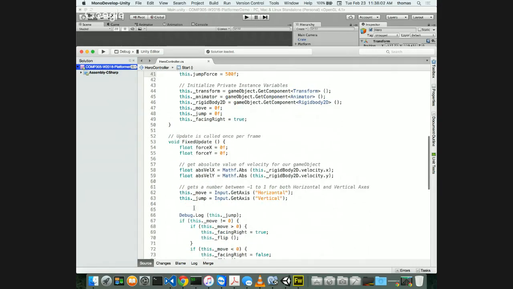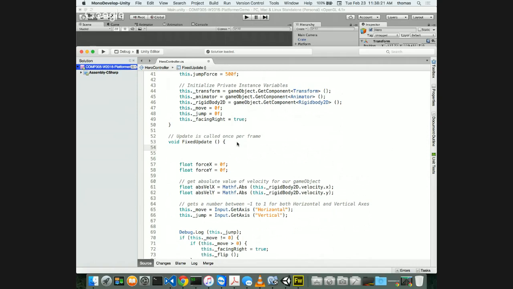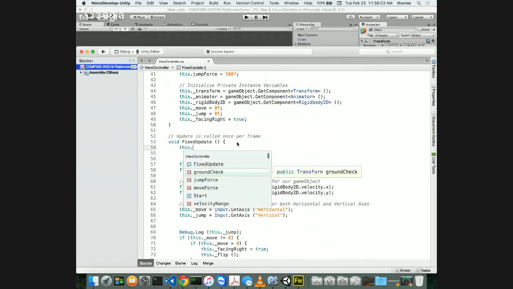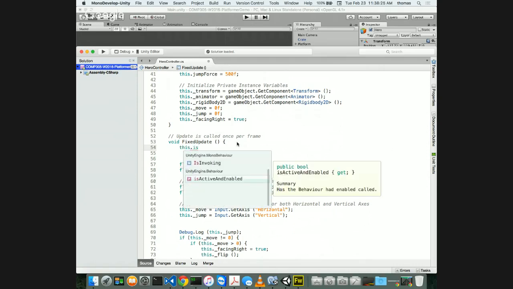Now, does it really matter where I do this? The answer is yes, it does. Because I'm going to do my checks for my movement and my jump, but I need to know if he's grounded, and I need to know if he's absolutely positioned. So probably somewhere either after or before these temporary force variables is where I want to do it. Let's do it before everything. I want to say something like this: this.isGrounded,